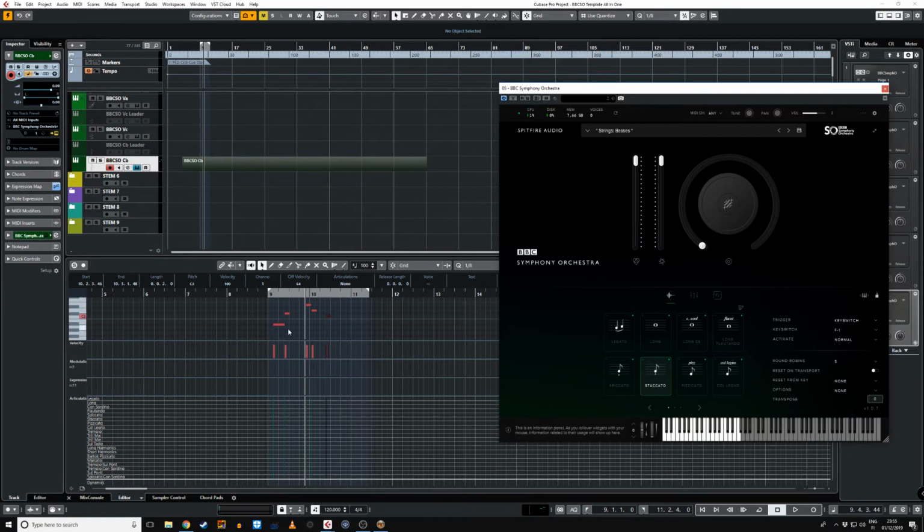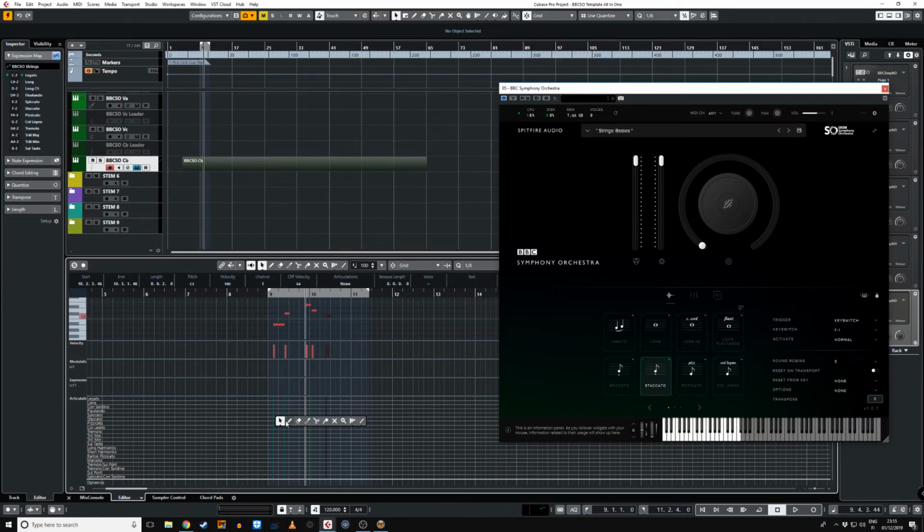And when I have recorded some notes, I can then afterwards just decide that the first notes are legato, but before these notes we switch to pizzicato. So now when I play these